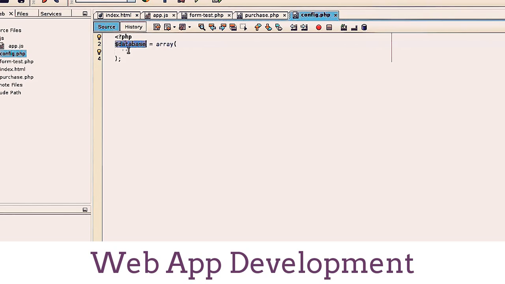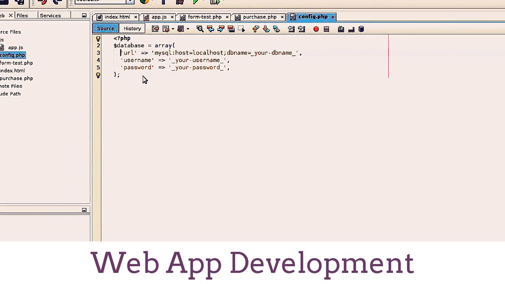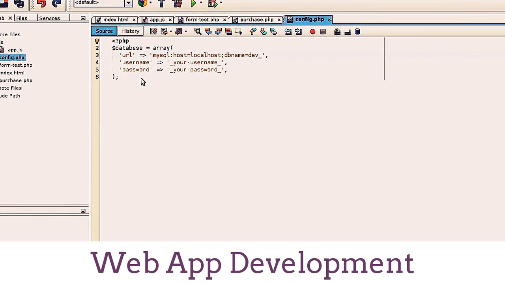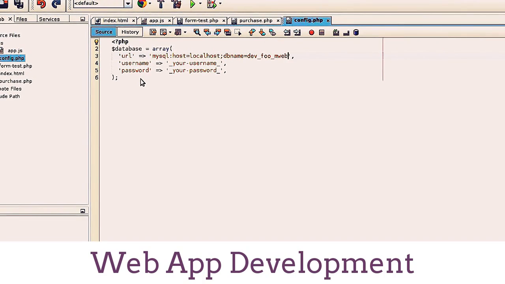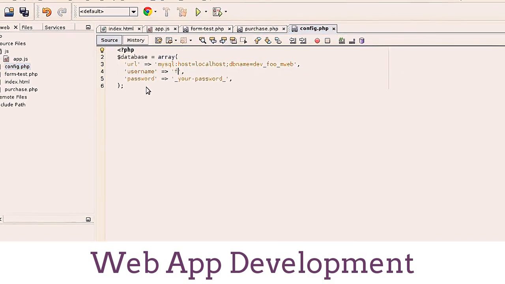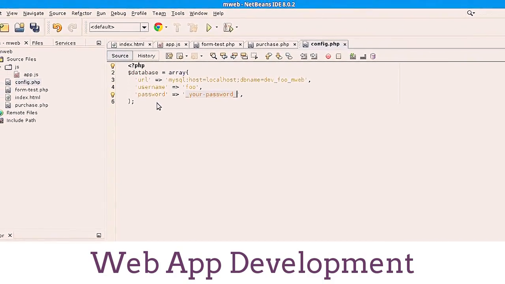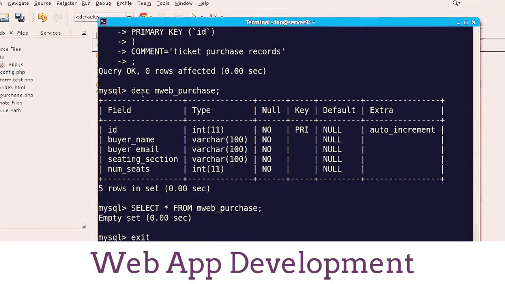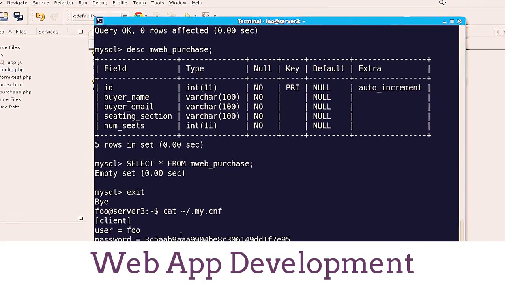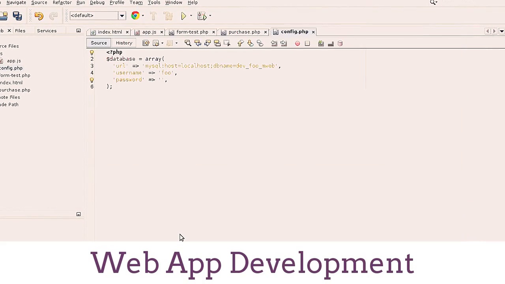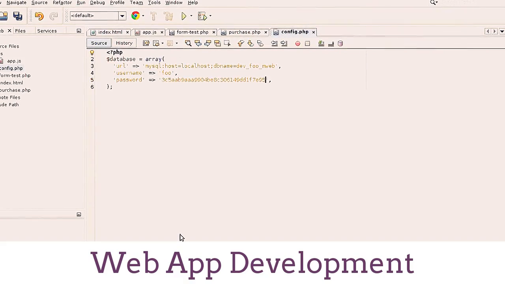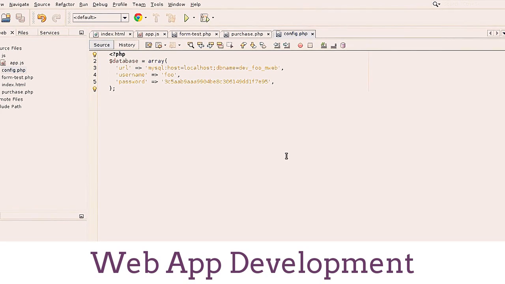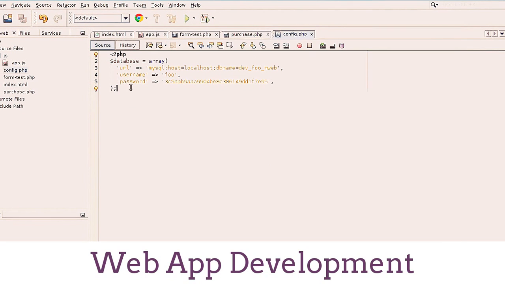And I paste that right here, and of course my database name is dev underscore foo underscore mweb. My username is foo. My password is, well, it's actually present in my server. I can just cat .my.cnf, it's a password that I can never remember, which is fine, and I paste that password here. It's okay if you can see my password. I'm going to change it by the time you see this. Okay, so that's my